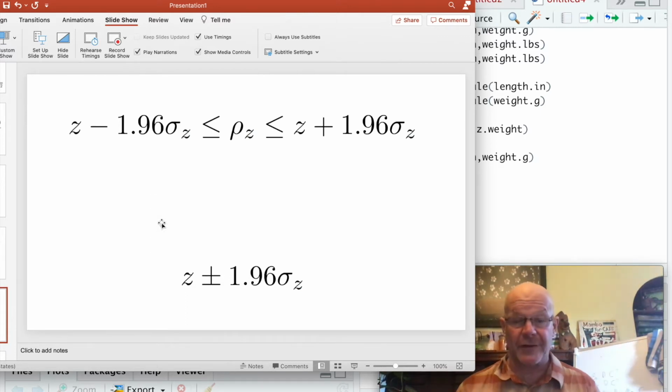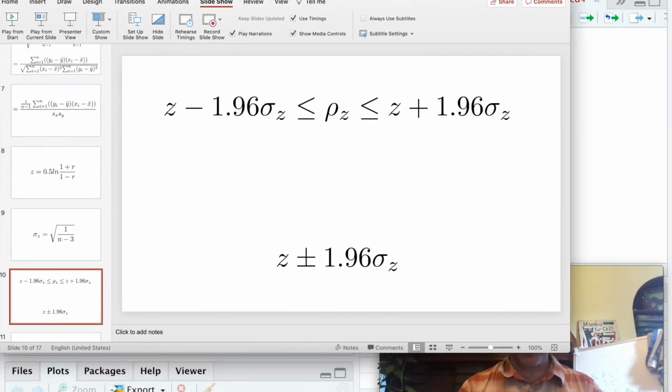It's that magic number that is the 0.025 and the 0.975 quantile of a standard normal. And this will give us our 95% confidence interval around our estimate of rho. And so once we do that arithmetic,